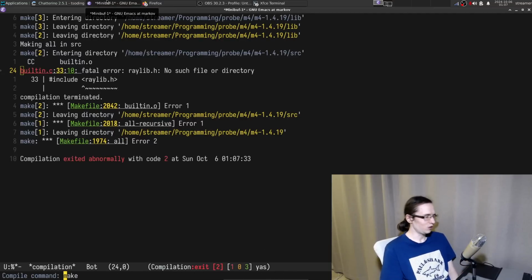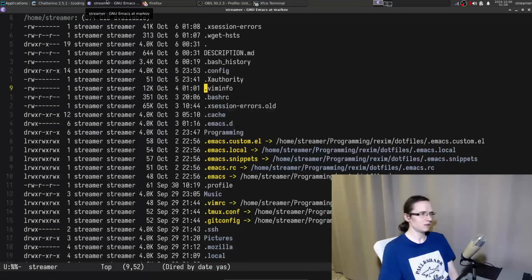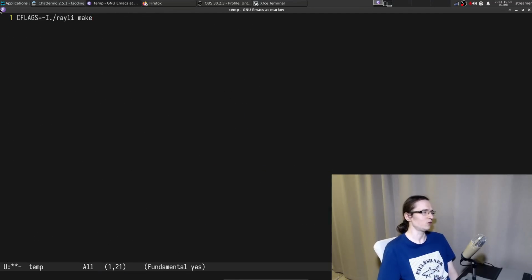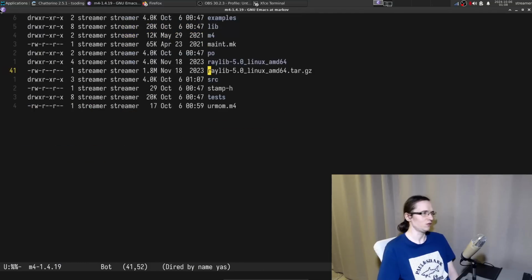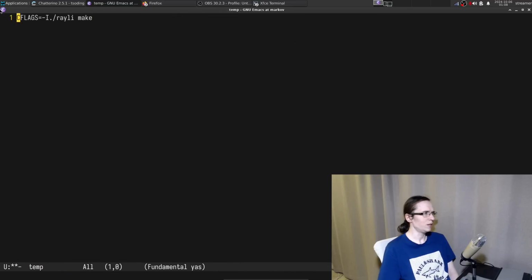Okay, somebody suggested to just do CFLAGS. Can I just do, you know, Raylib? I didn't have auto-completion in this editor. Alright, so let me actually grab this entire thing, and this is include.